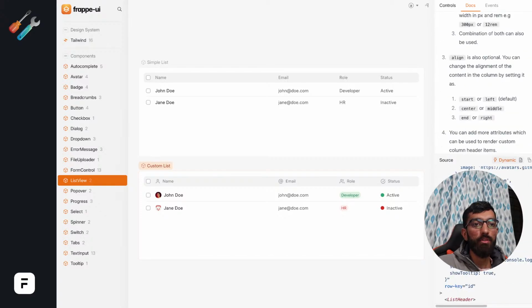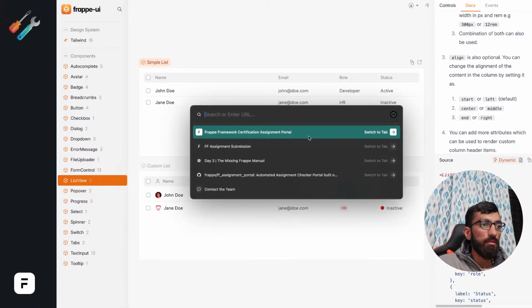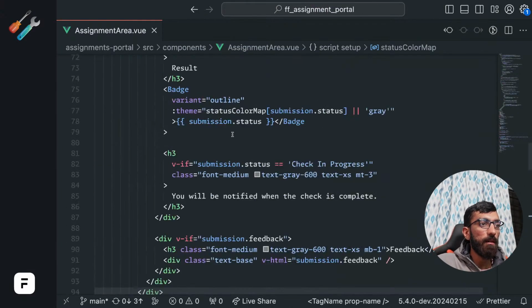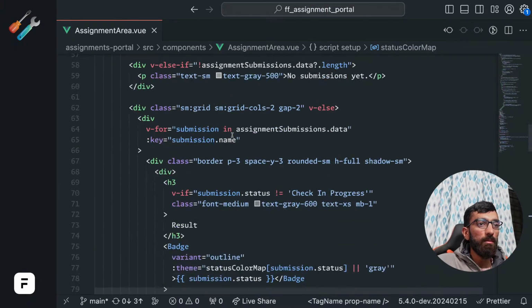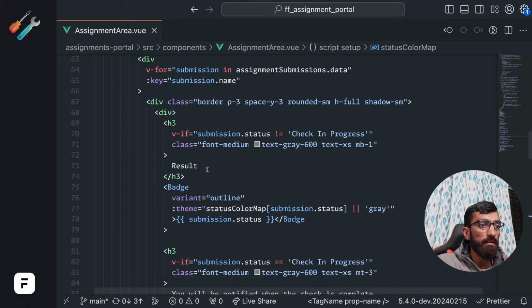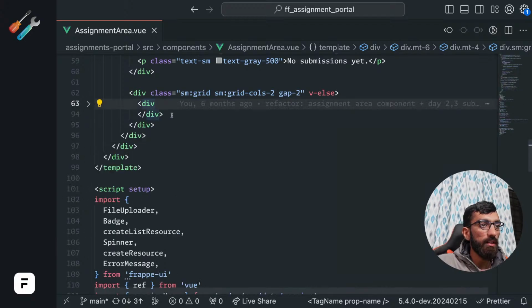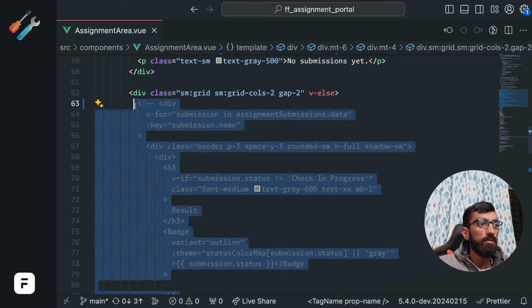We just need to import this. Cool. So simple list is fine, and I want to copy this code, paste it in the assignment area. So this is the part where I'm rendering the data, right? I think this is where I'm looping over the data. Let's comment that part out